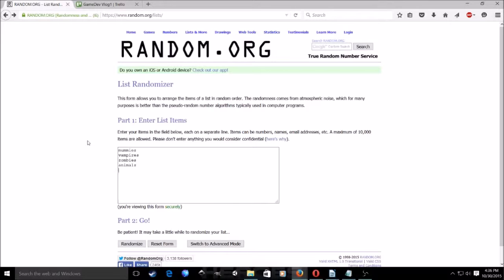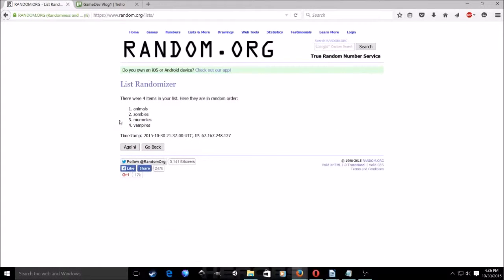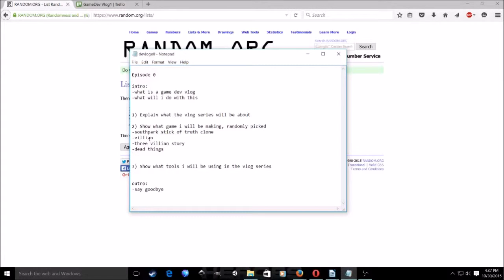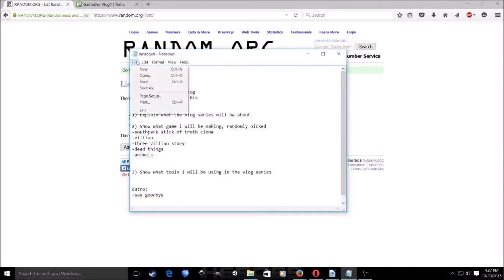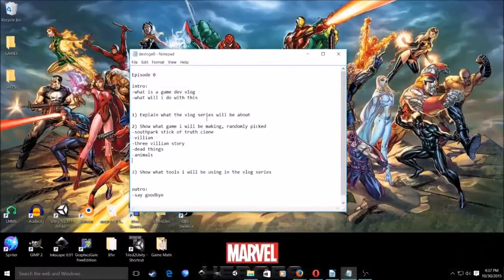Mummies, vampires, zombies, and animals. So animals would include like bats, dogs, zombie stuff, or whatever. And let's go, animals. Okay, so our 3 villain dead things are going to be animals. This is going to be awesome. And if I can spell it right, animals.